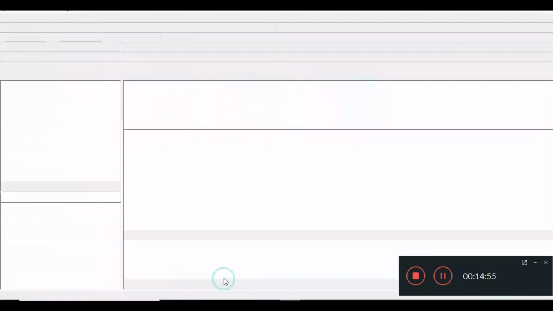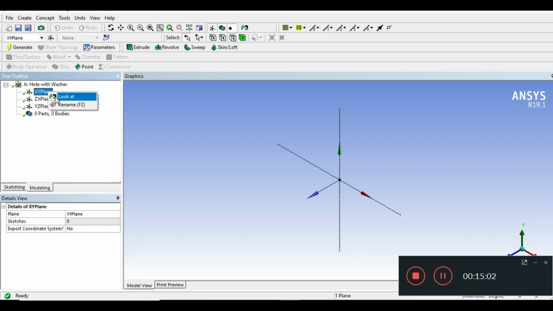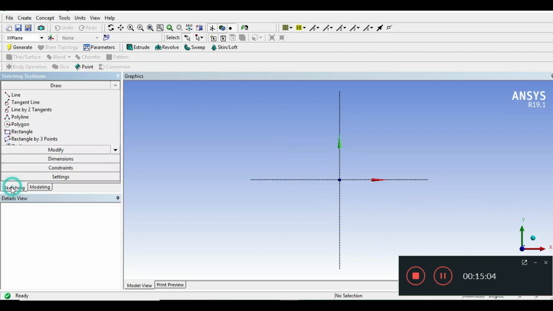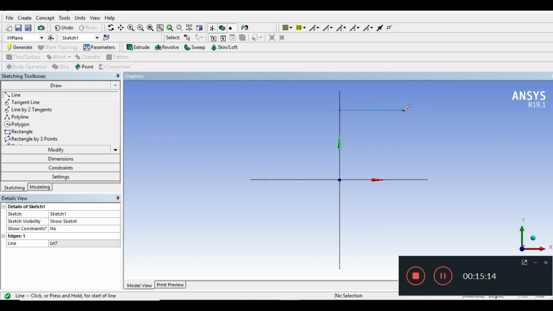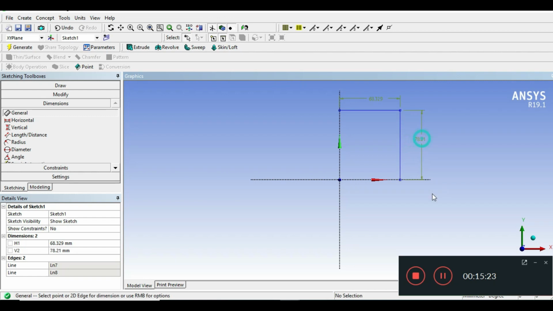Here open your DesignModeler, and you have to create the geometry first. For this, select the XY plane, click Look At, click on sketching mode, and create a sketch. The dimensions here: this is 25, and again this is also 25.